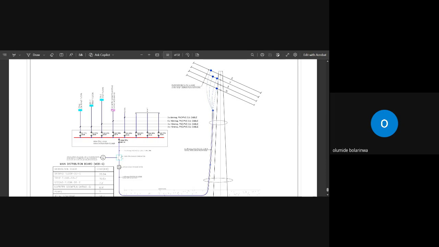Now, you know that your cable can be run in two ways, either on the surface or